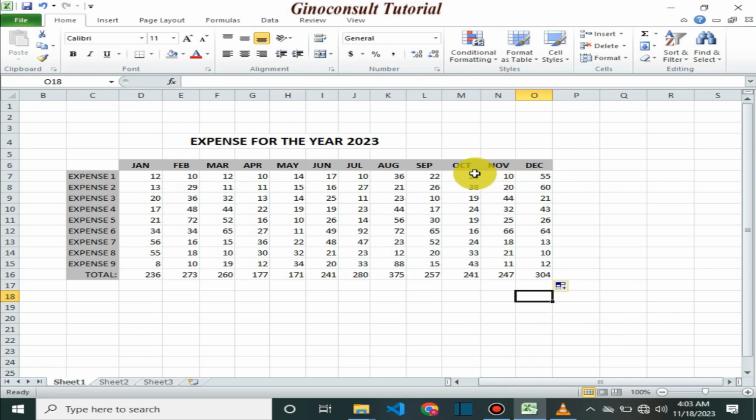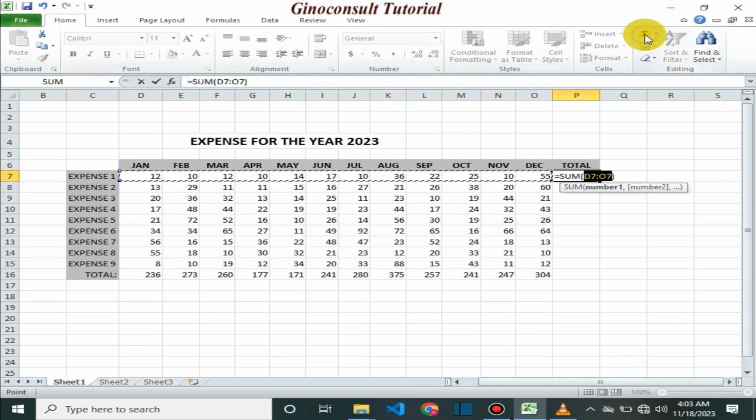Now let's calculate the total sum of each expense for the year. And just like before, Excel understands what you are trying to do. Click on the cell where you want the sum to appear, and then click the AutoSum function button at the top, then the sum function appears. You can edit it if it doesn't show your range. If it does,